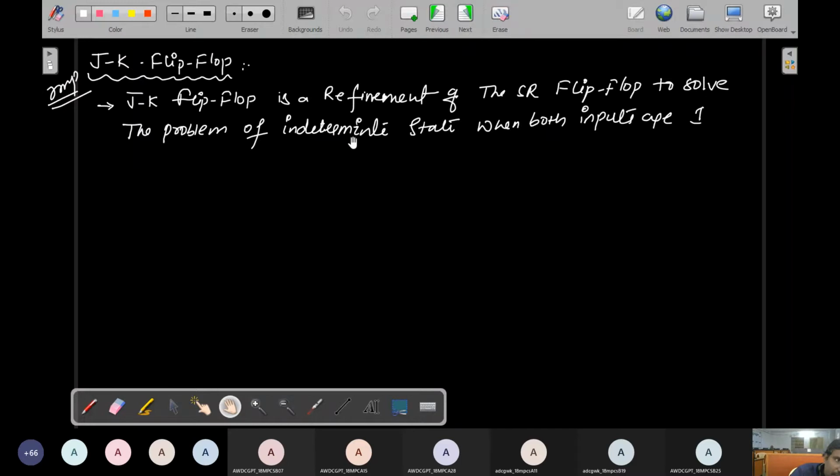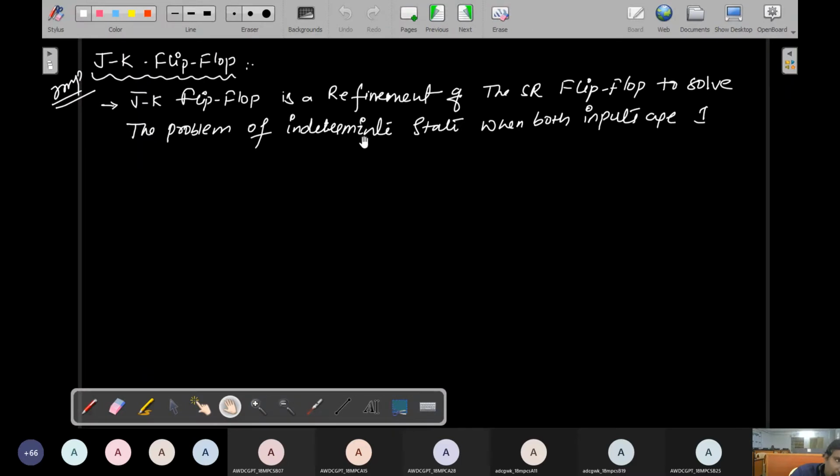The indeterminate state already exists in the SR flip flop, so we want to eliminate it. For that purpose they constructed the new JK flip flop. When both inputs are 1, the SR flip flop shows an indeterminate state. To avoid this indeterminate state we rearrange the SR flip flop, which is converted into the JK